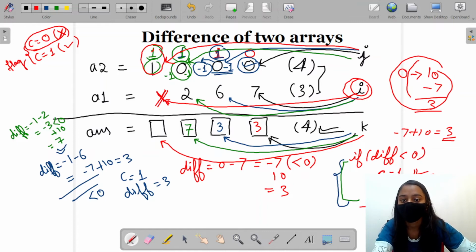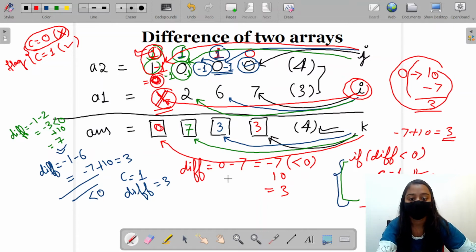So here our carry is 1, so we need to subtract 1 from our first number, so it is going to give us 0. Whatever we get here, we write here, because there is no element in our A1 array that we need to subtract. So here we are not going to calculate any difference. We will simply check the carry and handle it. Then whatever answer we get here, we will write it here.